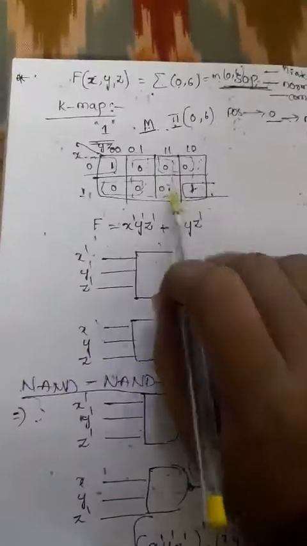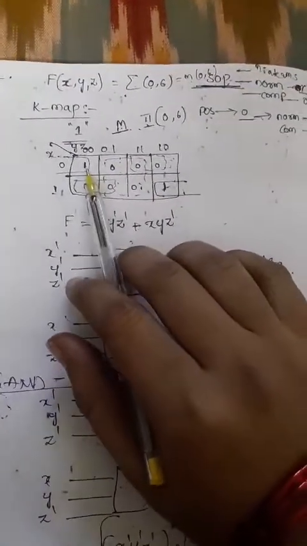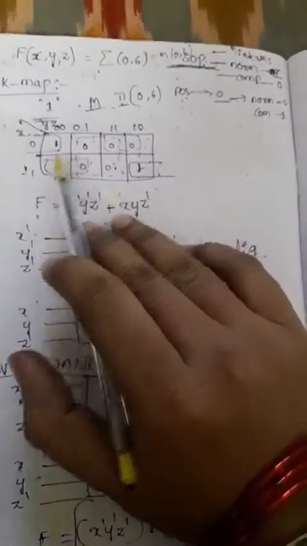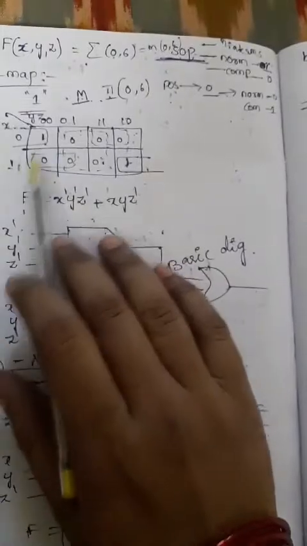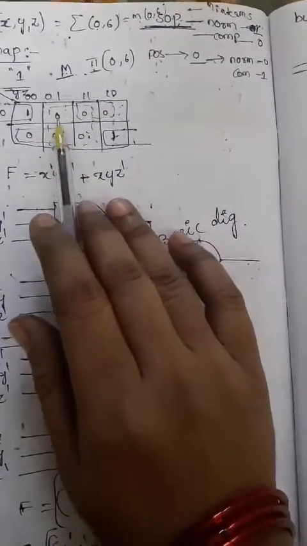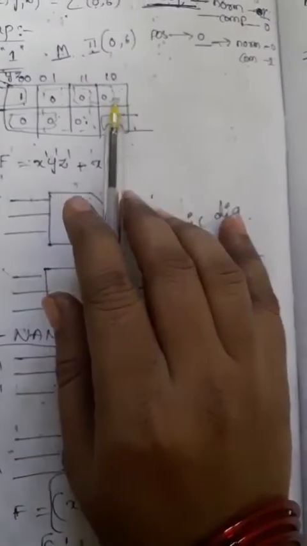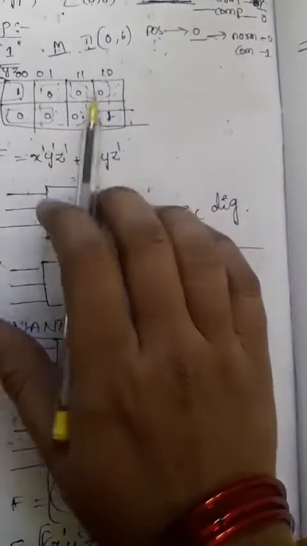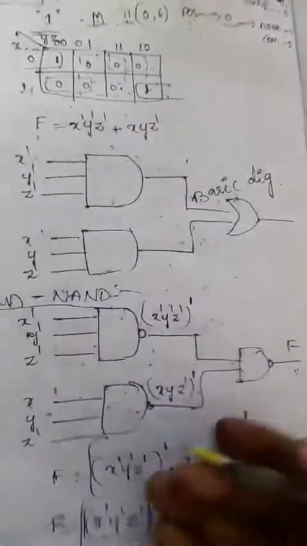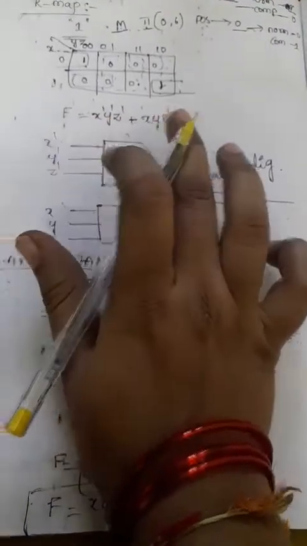Just observe here, NAND implementation. This is another method, using a K-map. Whatever the highlighted functions we have, just represent those cells in the K-map as 1, and the remaining cells can be represented as zeros. Then group those zero cells, check how many quads and how many pairs are possible. After that, simplify the function and we directly get f equals to one Boolean function.